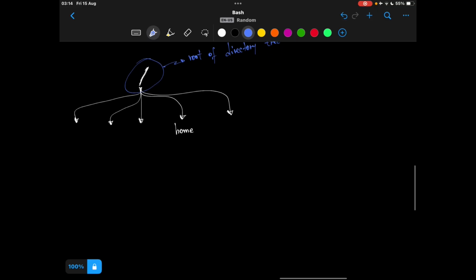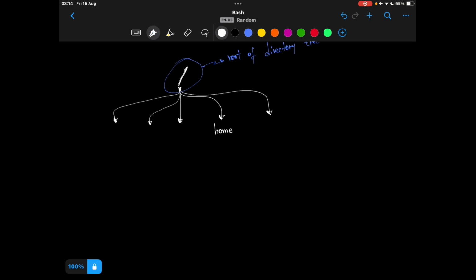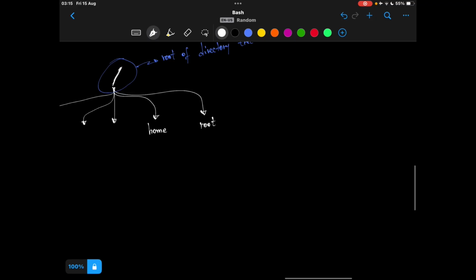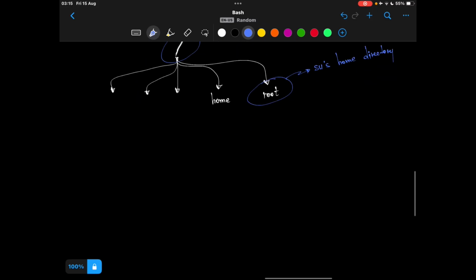Also there is a super user which is called root, so they also have a directory here called root. This is the super user's home directory. And then there is home. Under home there are multiple users.